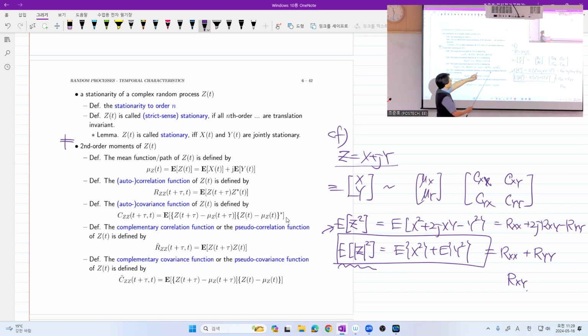The reason why we put conjugation on the right side is that if we extend the idea to a complex vector-valued random process, we want to generalize these autocorrelation and autocovariance functions to matrix-valued autocorrelation and autocovariance functions. In that case, this conjugation becomes Hermitian transposition. And we have vector and vector, so that we have an outer product between these two vector-valued random processes. You will see soon, okay? Anyway,